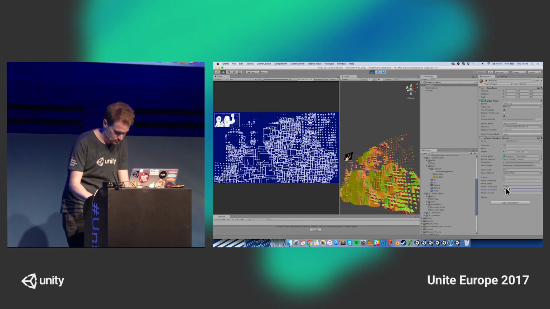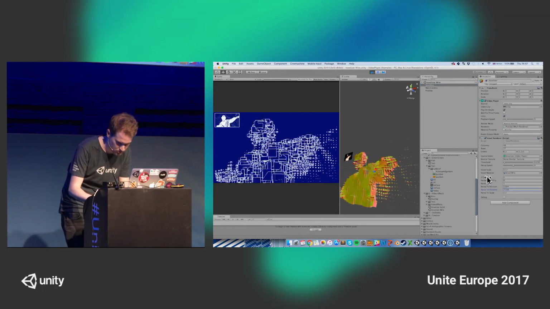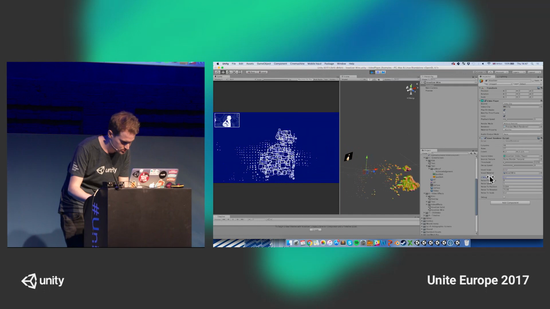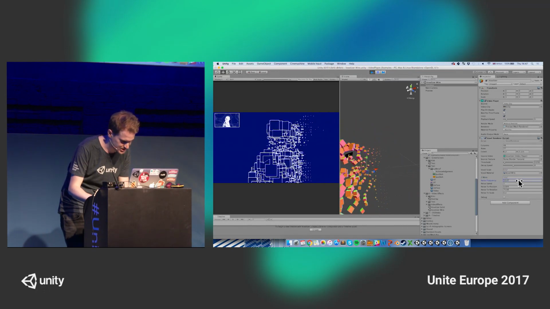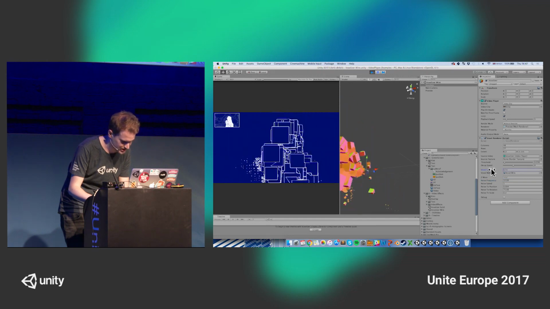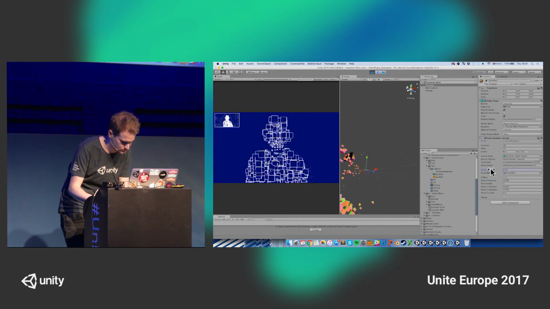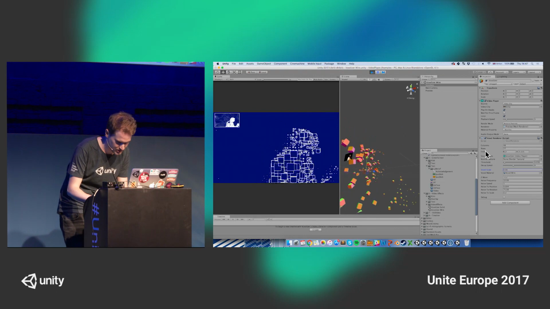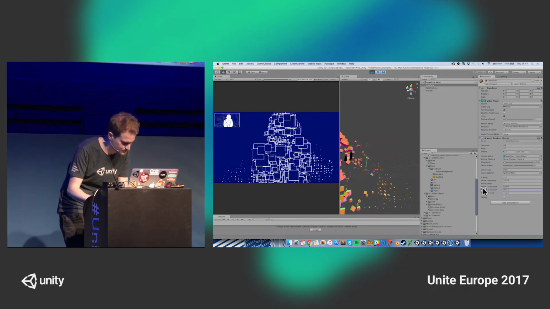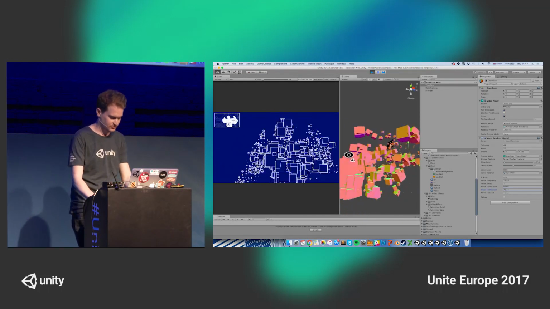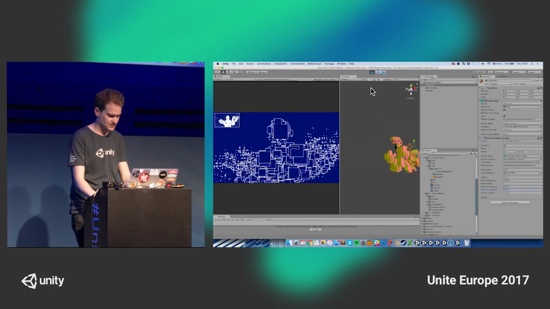You can set all sorts of things, like the noise frequency, voxel size. It's pretty awesome stuff. You can play around with it and do all sorts of really, really amazing things